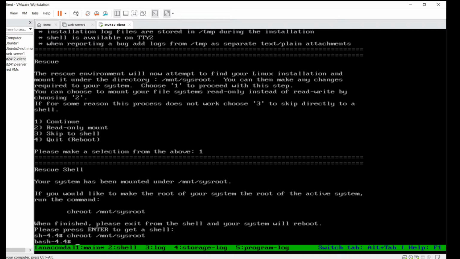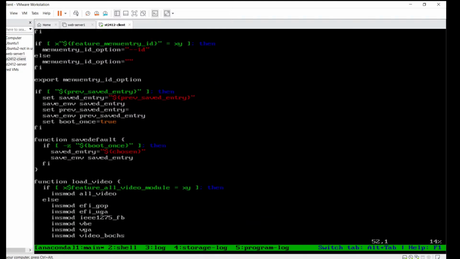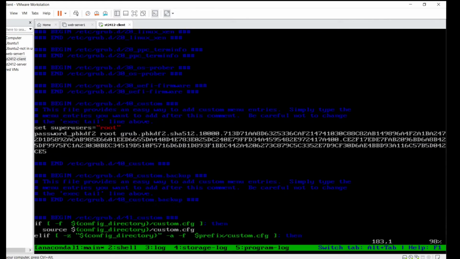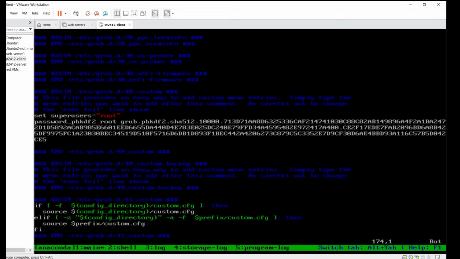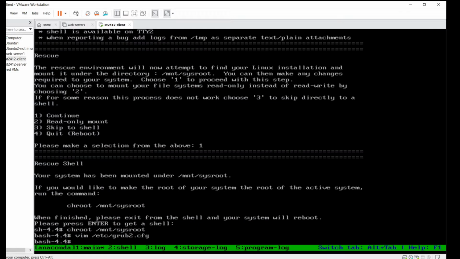After that, I will type in vim /etc/grub2.cfg. This will take me to the grub configuration file, and now I'll scroll down to the section with the superuser and grub password. And now I'll comment out both lines. Save and exit.